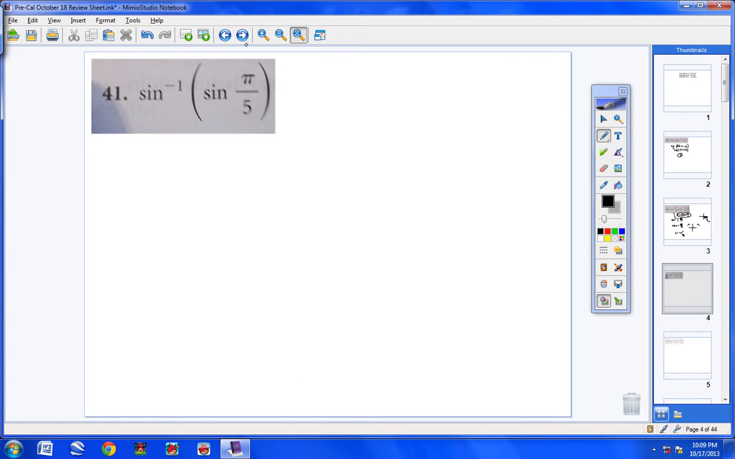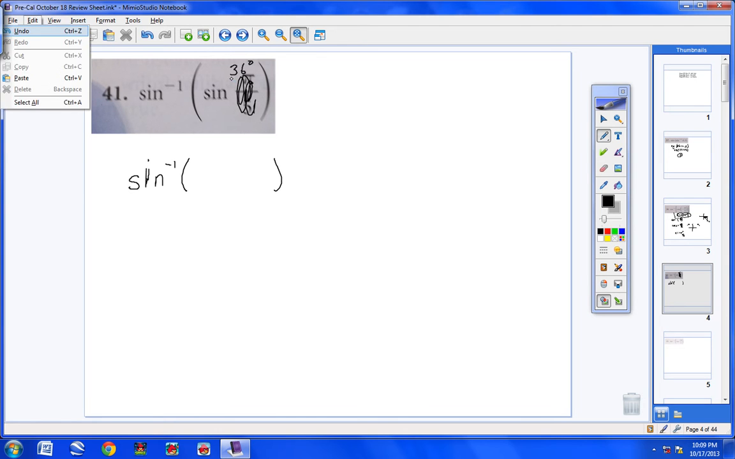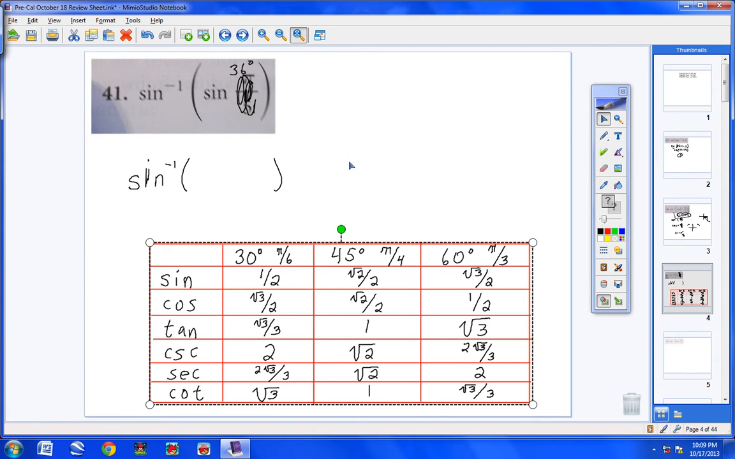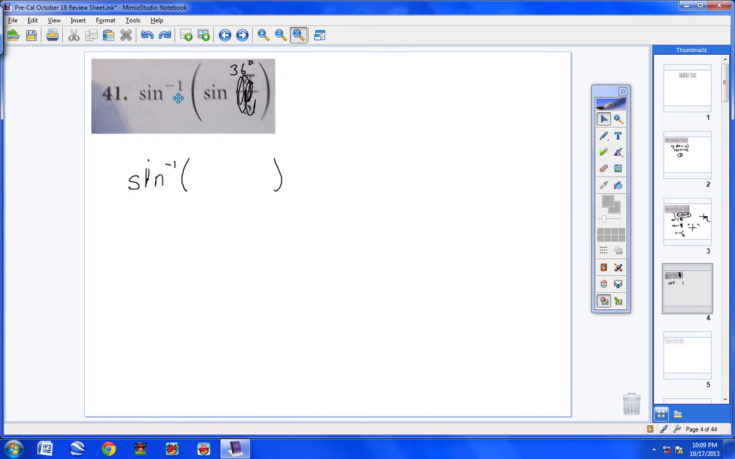All right, let's take a look at number 41. We start on the inside, and let's see. First of all, I'm going to convert pi over 5 to degrees, and you will get 36 degrees. So first of all, I have the sine of 36 degrees. So I'm going to go ahead and type into my calculator the sine of 36, because students, 36 degrees is not one of my special angles, so I cannot use my chart right here. I have 30, 45, and 60, so I have to use my calculator. So the sine of 36 degrees would be